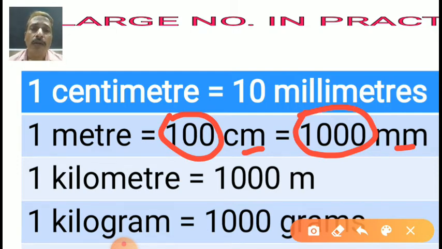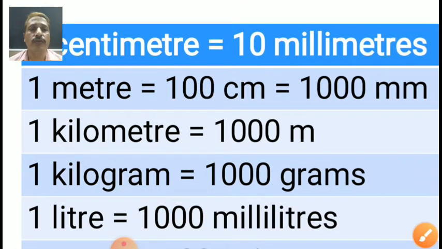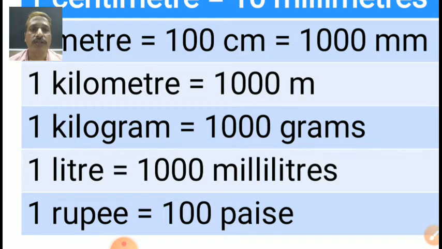Okay. Whenever you are moving from one place to another, you will find on the roadside a milestone showing kilometers. 1 kilometer is equal to 1000 meters. Yes, student, this is the 1000 meter. 1 kilometer means thousand meters. In the same way, when we go to the vegetable market or provision store, we purchase things in the form of kilogram. So 1 kilogram is equal to 1000 grams. Keep it in your mind.